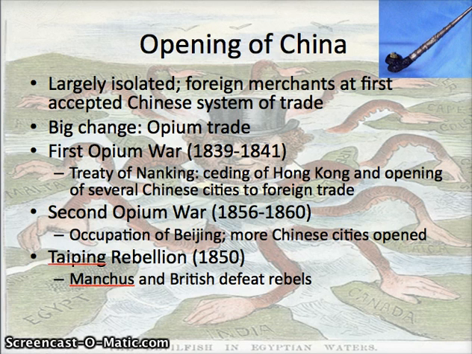But the Chinese government does not like this because, of course, opium is a drug. It's very harmful. It's actually significantly affecting families and just the overall welfare of society. So very quickly, the Chinese government is trying to restrict the importation of opium into its country, which leads to two opium wars.